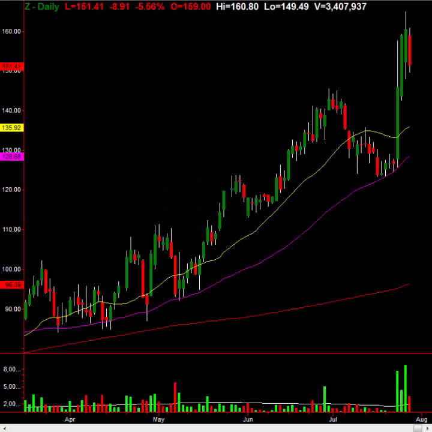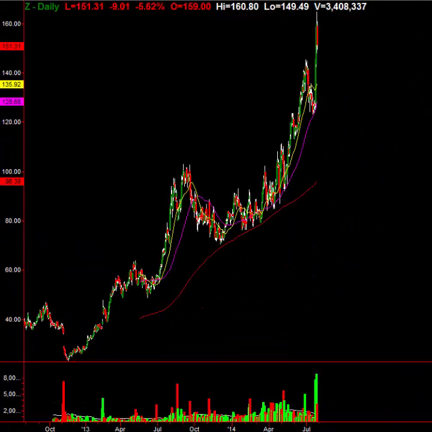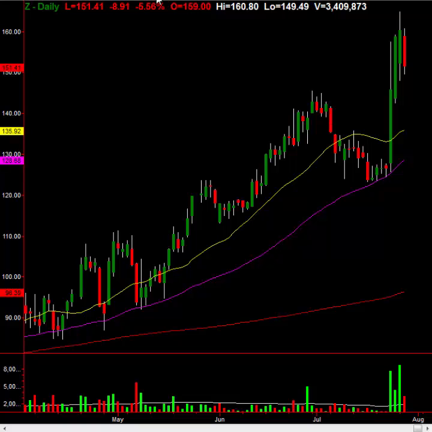Zillow, which announced a buyout for Trulia the other day. You can see this stock is coming back in a little bit. This stock is way out of range. I mean, if you zoom out on this chart, it's a little ridiculous. A year plus ago, this stock was trading at 20, 30 bucks, and now it's at 150, a little bit out of control there. But honestly, in this market environment, that's what's happening.